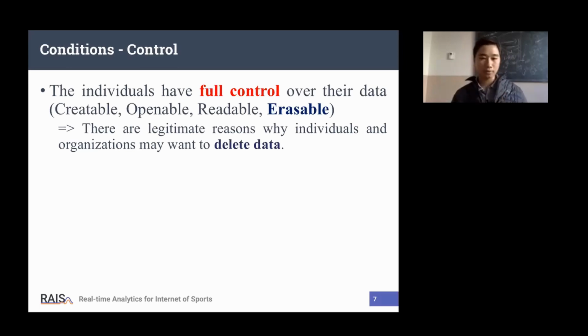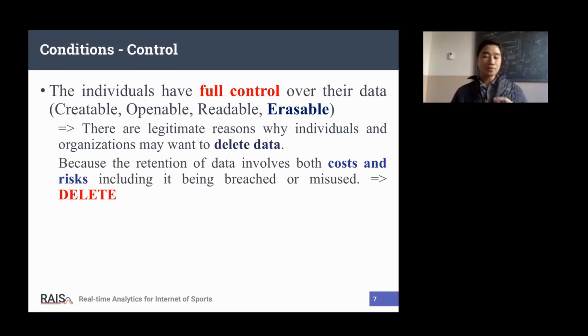That's the main point. Because the retention of data involves both cost and risk, including being breached and misused. That's the reason why the user wants to delete their own data, if it's easy to share, and it should be easy to delete also.